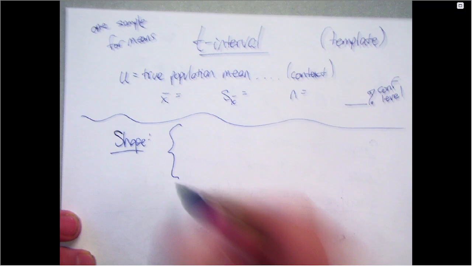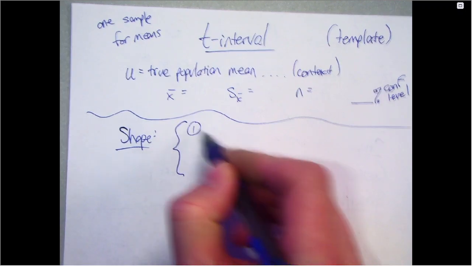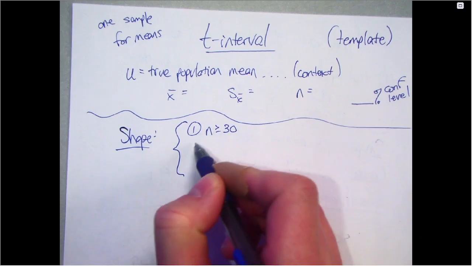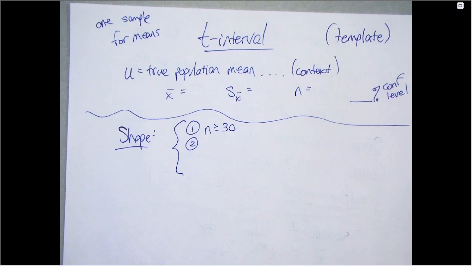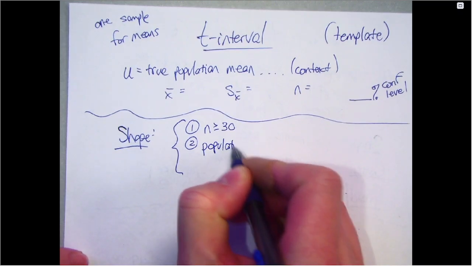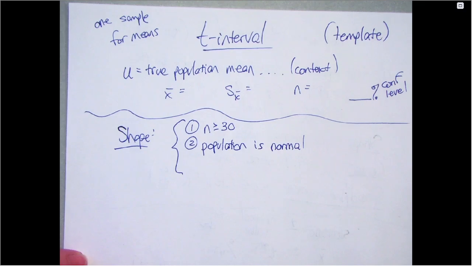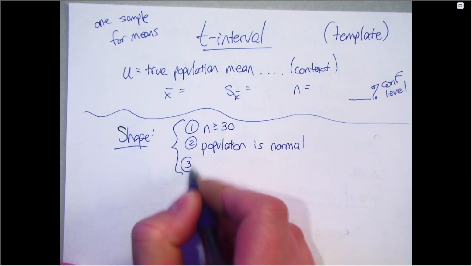Remember for shape, you got 3 things. For means, you have 3 things. It could be any one of these. Easiest and what you're hoping for is n is greater than or equal to 30. If it's n is like 20 or something, then you're really hoping it says the population is normal. Like if I had told you the distribution of ounces of Coke is normally distributed, you're really hoping for one of those, because if you don't have one of those two,